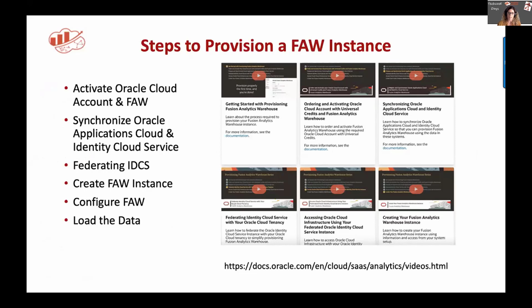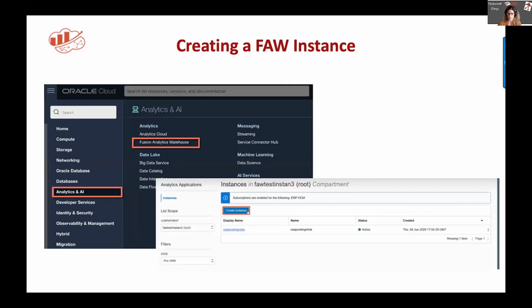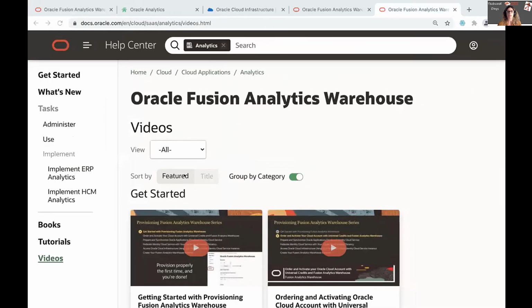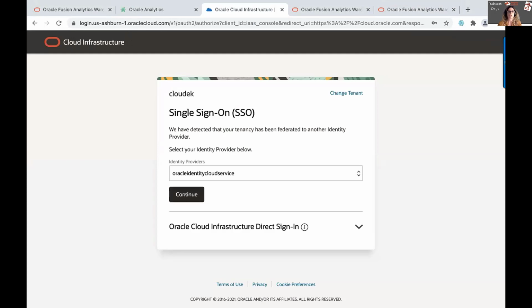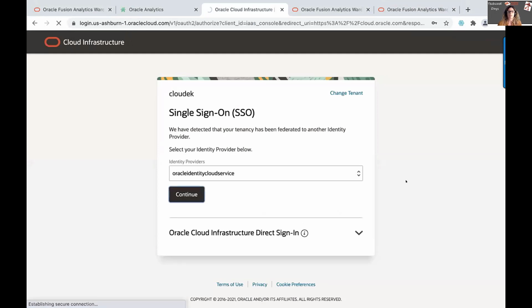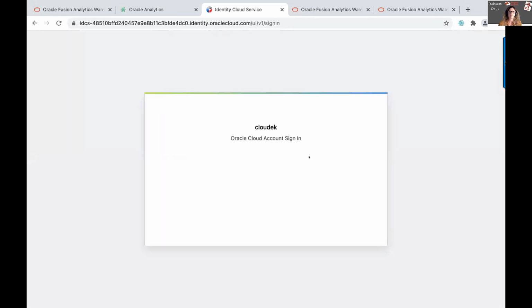It's not that simple. For example, one of the questions that I sometimes get from my clients is, I have a free trial, can I use it? No, you cannot. In fact, let me share something here. If I go to my cloud instance,